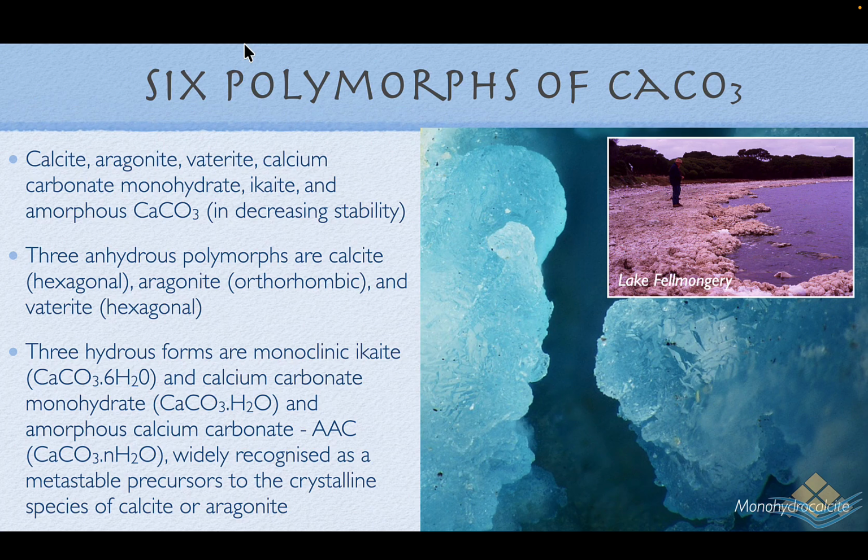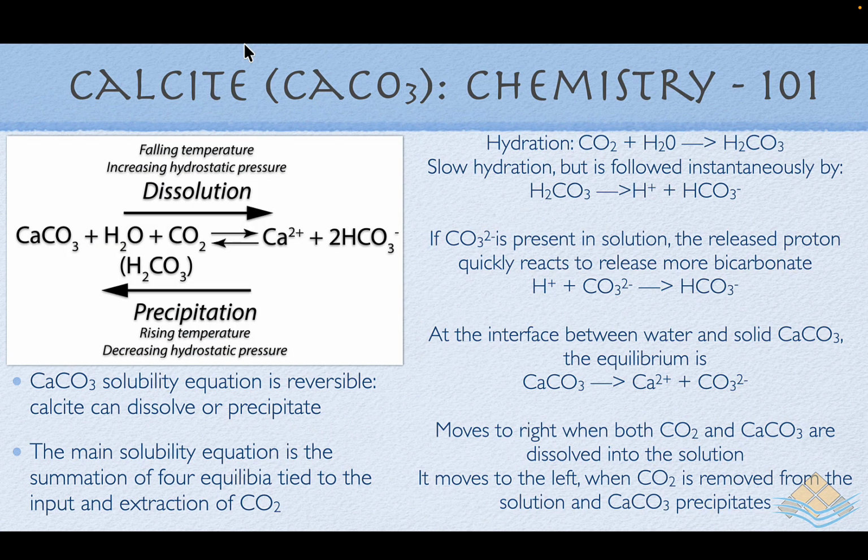Okay, let's do a little bit of Chemistry 101. Coming back and looking at the calcium carbonate solubility equation, it's reversible. It means that calcite can easily dissolve or precipitate depending on the ambient chemistry, temperature, pressure conditions. So that main solubility equation, calcium carbonate plus water plus carbon dioxide, giving us free calcium ions plus bicarbonate ions,